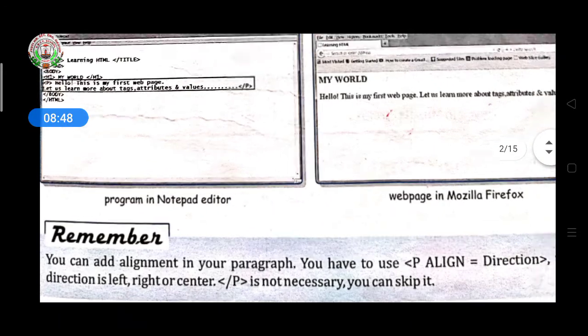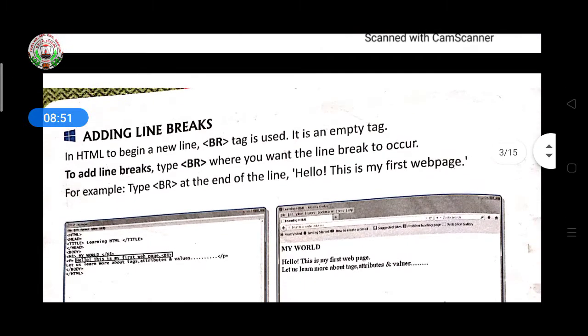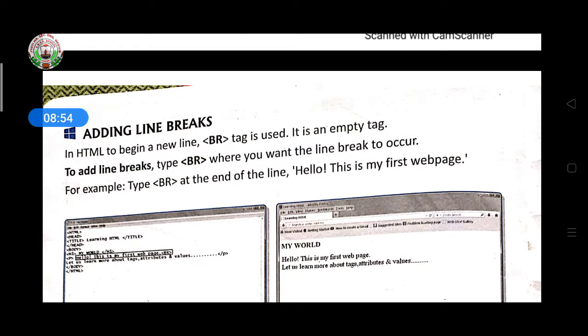Then next, adding a line break. In an HTML program you have to give instructions in each and every line. If you are not giving instructions on each line, the browser will not understand your lines and will display them as they are, without any instructions. If you had written point number 1, point number 2, point number 3, the browser will not show them like that in your output. The browser will display all three lines, 1, 2, 3, in a single line.